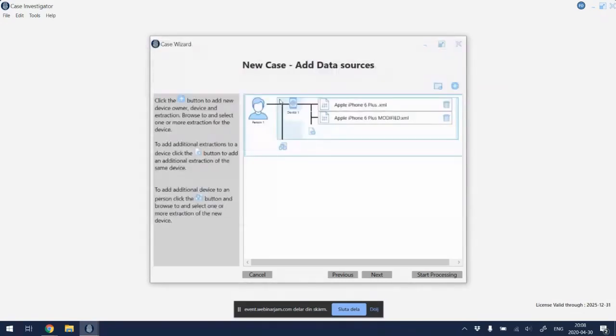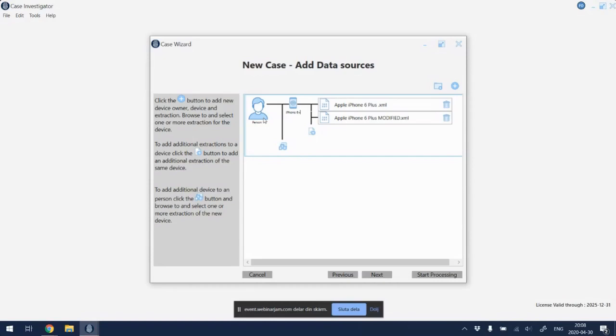But I'm going to go and select a secondary extraction. What we're telling the tool now is that we have this device, which is currently just named device 1, but I'm going to call this one, let's call it iPhone 6 Plus for now. But I'm also telling the system that we have 2 forensic reports coming in, connecting to this device.